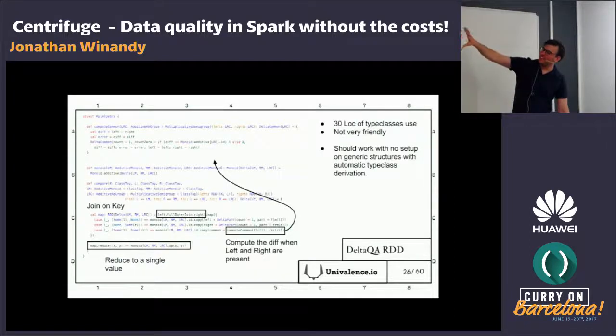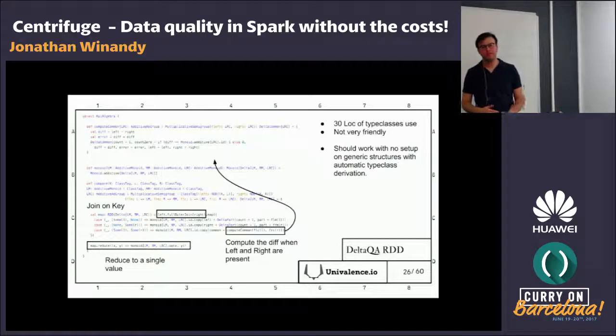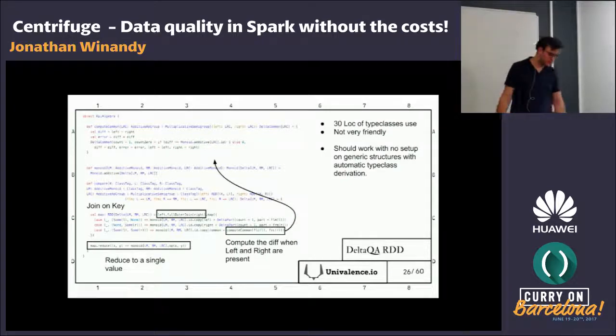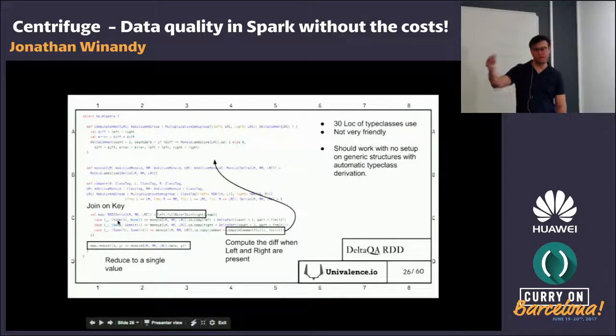So the Spire version over there is 30 lines long, and it's very short, and it's relying heavily on type classes. So it's not very friendly, but you get everything out of it. It's like you do the join, and then for every type of join result, like the result on the left only, the result on the right only, on both, you are applying different operations.